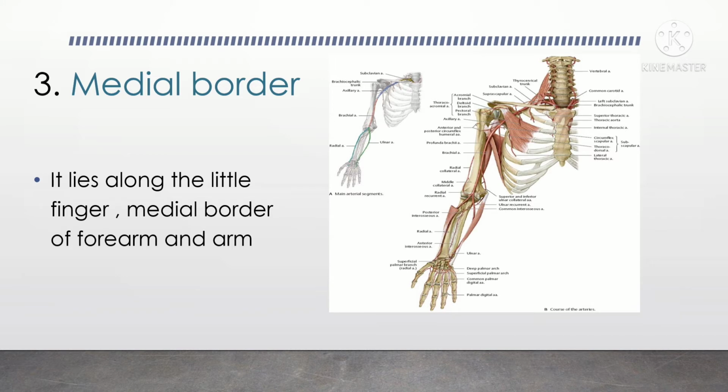Let's move to next, medial border. As you can see in this diagram, whatever muscles or bones face toward the center are termed as medial muscles. The muscles are present in the medial region. But how can we say it is medial? Suppose this muscle is facing toward the center, so this is present in the medial region. As you can see the little finger over here, this is my palm, so this is the anterior position, and the little finger is toward the center. Toward the center means it lies in the medial region or the medial border.